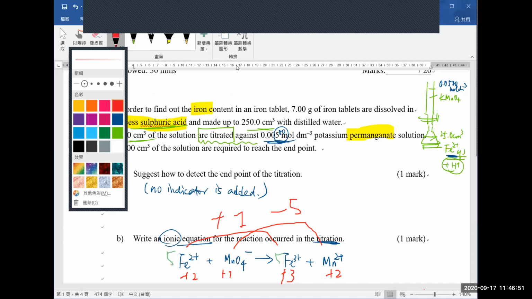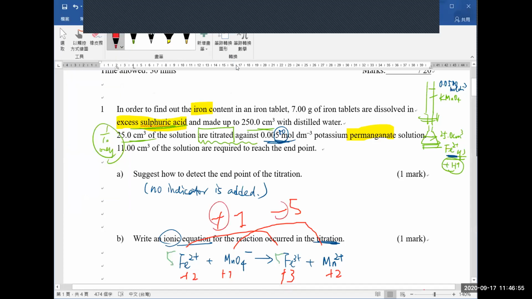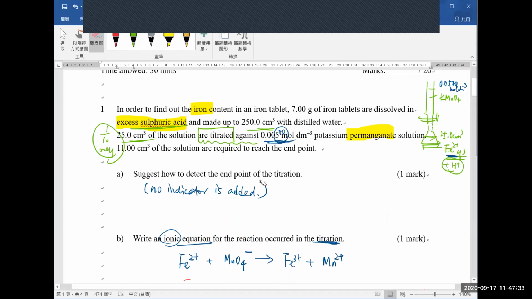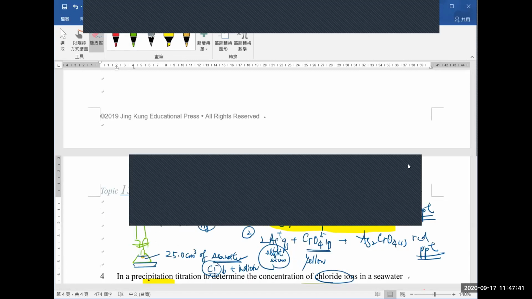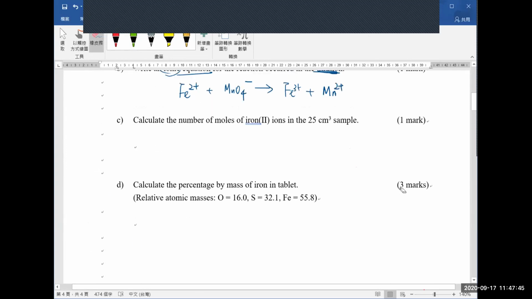Different people will have different ways of interpreting the plus sign and minus sign. According to number 9, plus and minus means greater than 0 or smaller than 0. But once you write down plus or minus 1 and 5 here, that means increase and decrease in oxidation number. So that may be somewhat confusing to the others. But anyway, at least I know you know how to balance that. So as what was stated here,